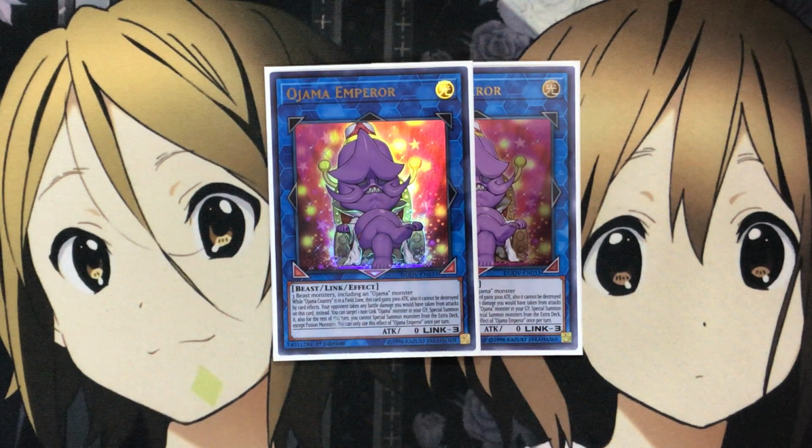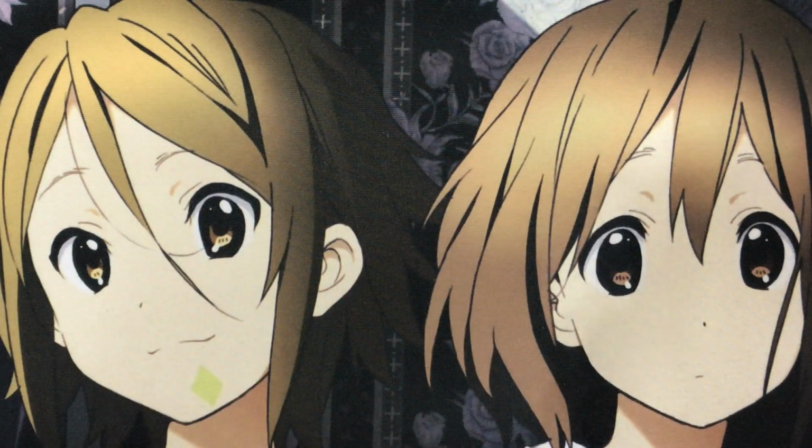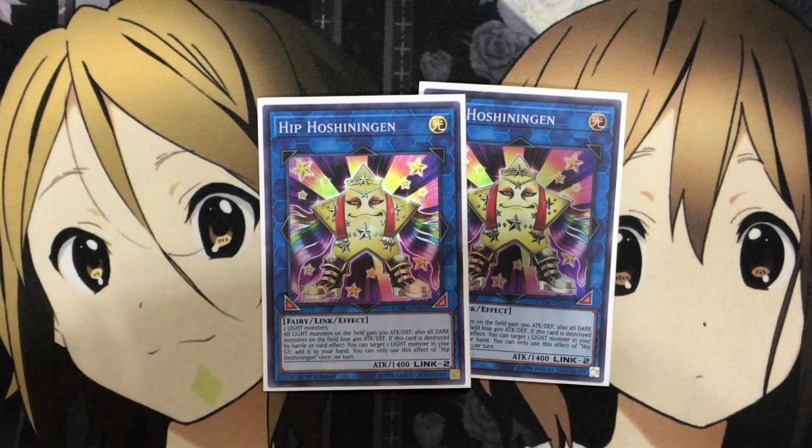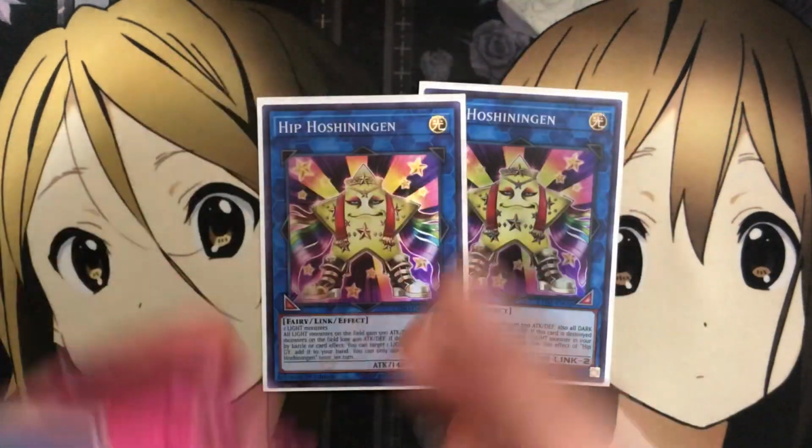It doesn't really switch the attack of your monsters, but basically does the same thing with Ojama Emperor, making it 3,000 attack as Ojama King normally would as well. For some of the other Link monsters, I run 2 Hip Potion Engine. This one helps for the boosting of your light monsters on the field's attack, and also being able to recycle